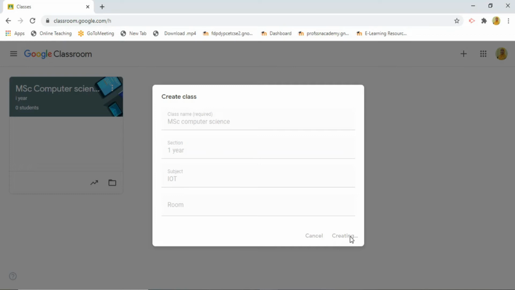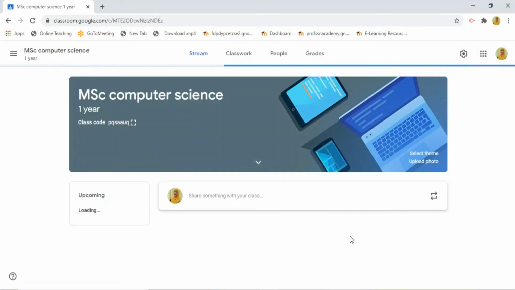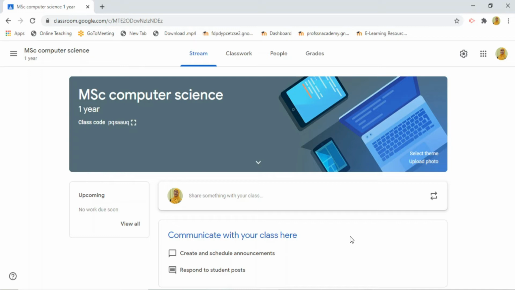Once you click on the create button, it will create the classroom automatically. Now you can see my classroom has been created with the name MSc Computer Science and the first year section. So my classroom is ready. Now the major part of this classroom is how to add students to it.